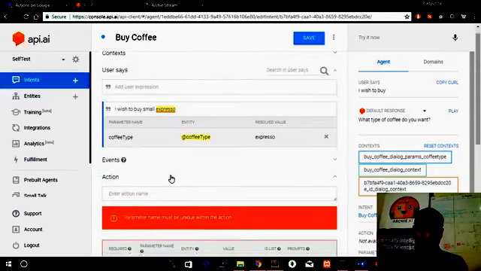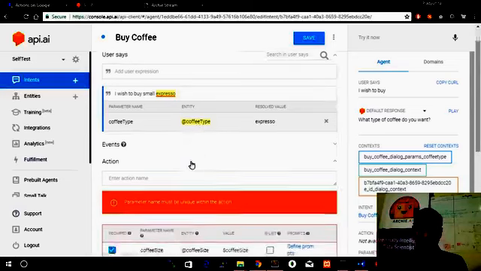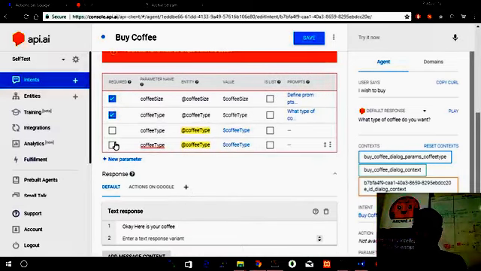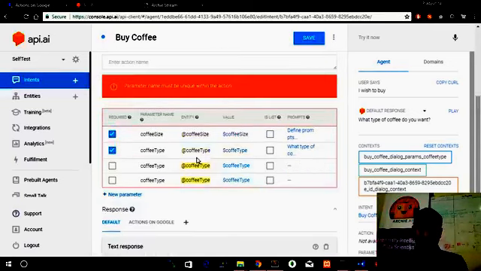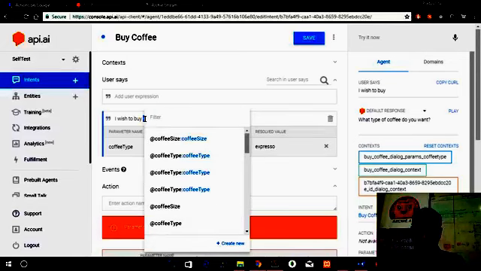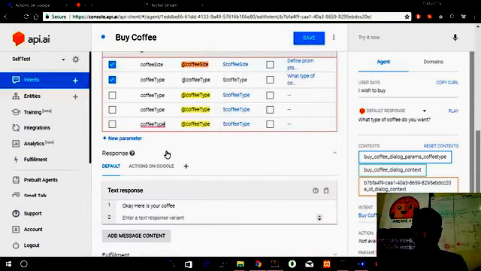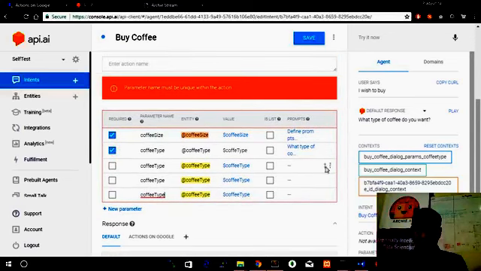just a second here. Hold on a second. And small is the coffee size.